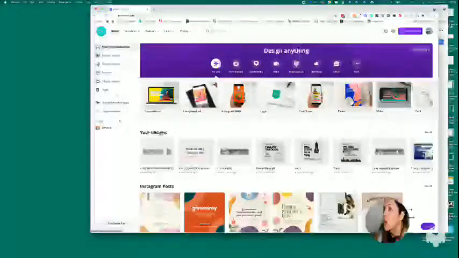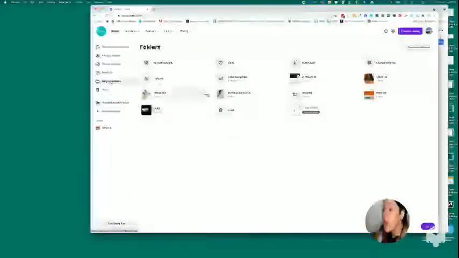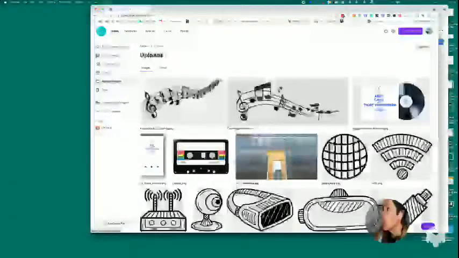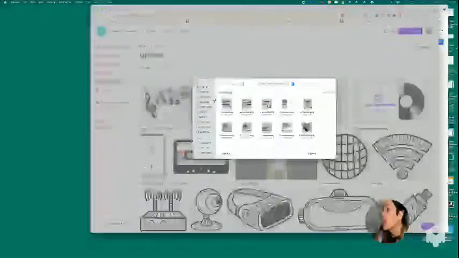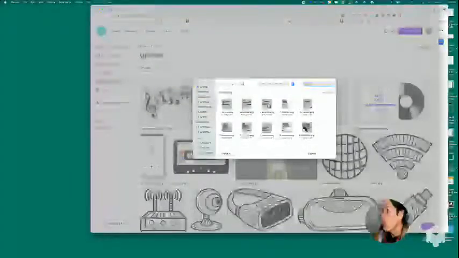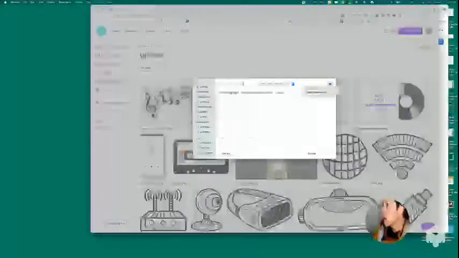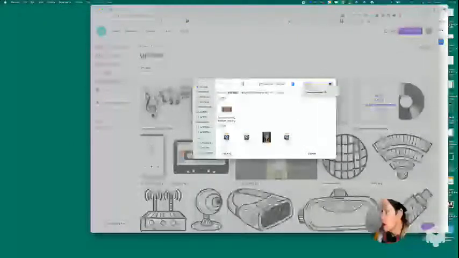I'm going to go to all of your folders, and one of them is going to be uploads, which is right here, and you're going to upload templates, IG. Templates.